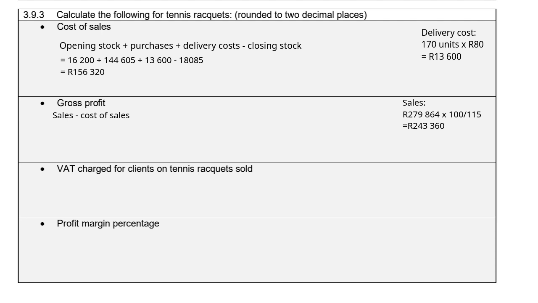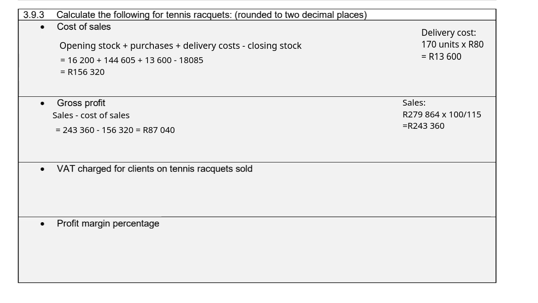So then if we take the 243,360 rand and we minus our cost of sales of 156,320 calculated above, our gross profit is then 87,040 rand. The VAT charge for clients on tennis rackets, so they said it's VAT inclusive, so if the amount